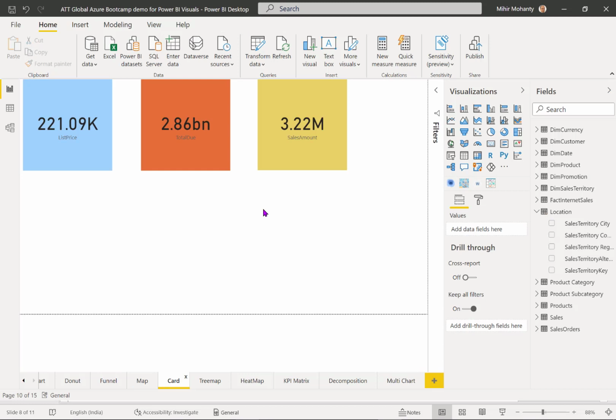Now let's look at another one that is called card view. Card view is nothing but, I have so much data with me, but I just want to know single digit numbers from each of these areas.